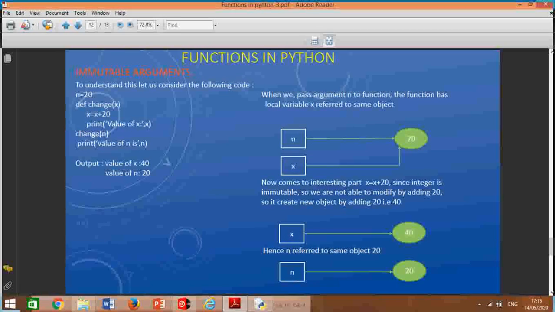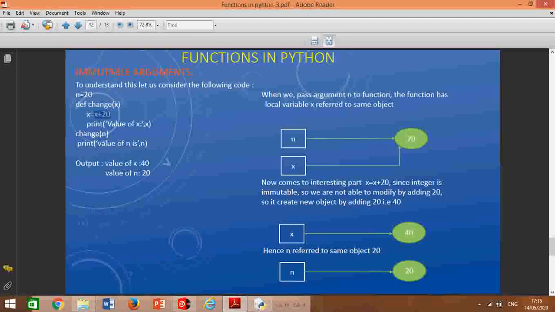Now first look at the function here, x is a reference to n. Now in the diagram also n and x refer to the same object 20. So when I say x equal to x plus 20, the new value is 30. Now x is getting the new reference of the 30 value.